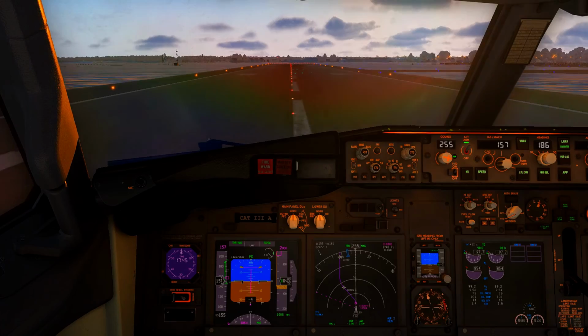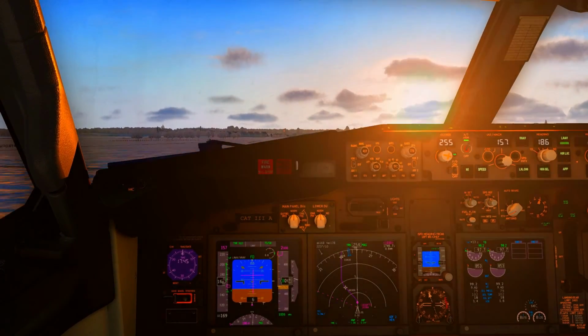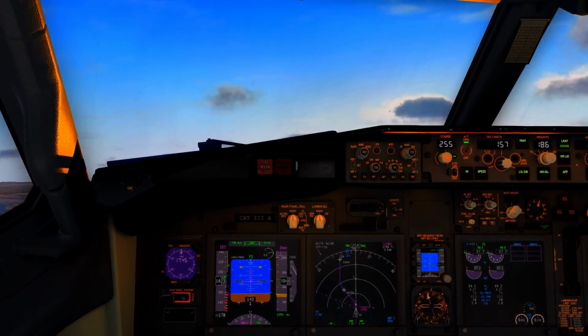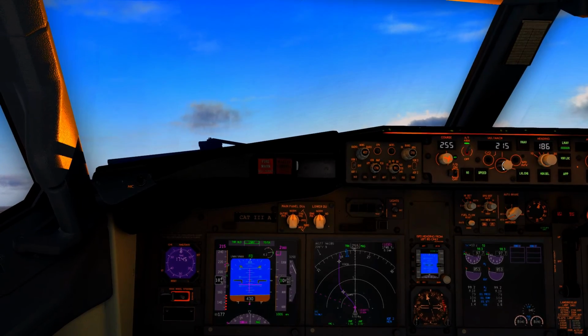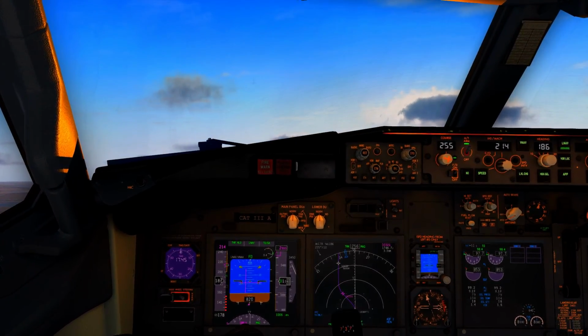Rotate. Positive rate. Gear up. Okay, so as the gear comes up now, bang up to 210. 400 check now. LNAV will be engaged as we just lower the nose slightly as we go into our